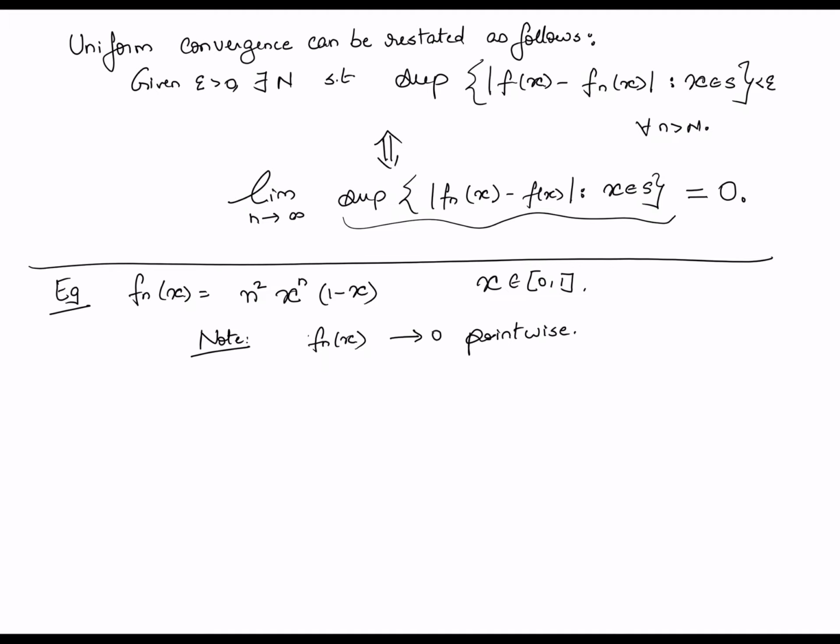If the convergence to 0 is uniform, note that this is a non-negative function. If I use this interpretation that we have just written above, that is, the supremum of the difference between the function and its limit must be 0, what that means is that the maximum of f_n(x) must in fact converge to 0 as n tends to infinity, because it is at the maximum of f_n(x) that you will have the supremum of the deviation between f_n(x) and f(x). Okay, so what we will do is let us maximize